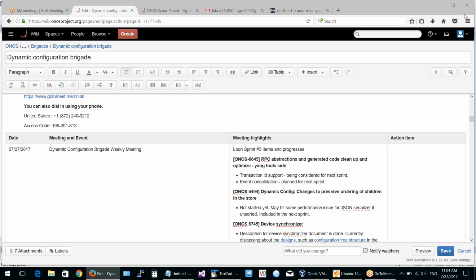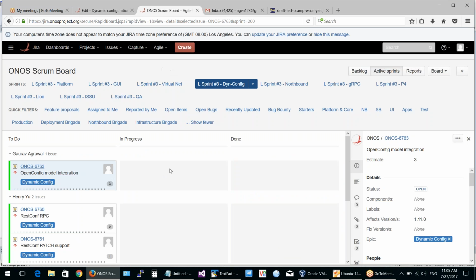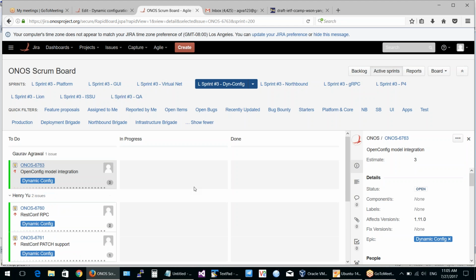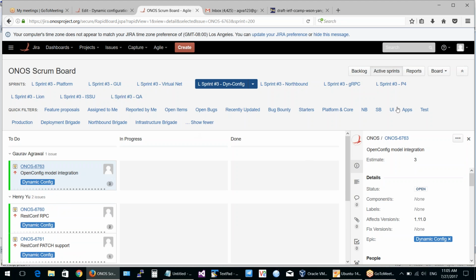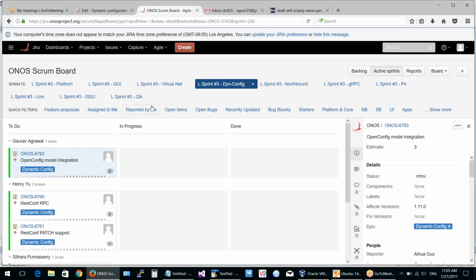Okay, let me share my screen. So this is the current Scrum board. As of today, we have